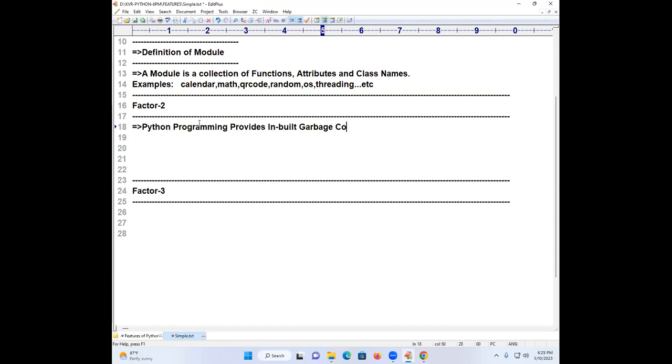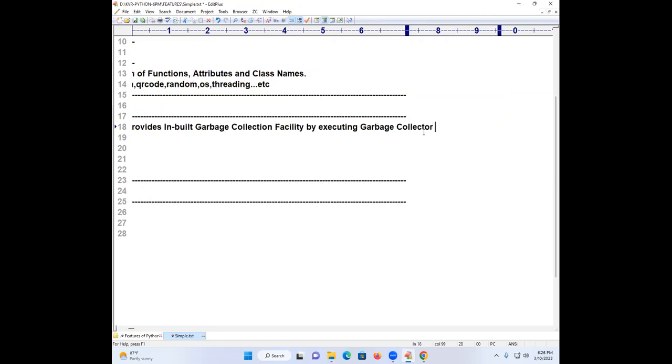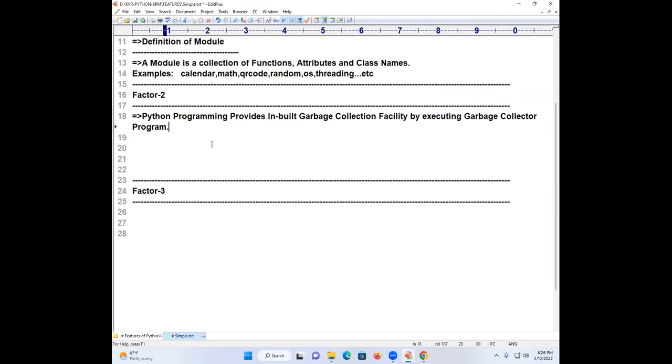What will this inbuilt garbage collection facility do? It is the most important. The garbage collector is one type of program. Because of executing the garbage collector program, what will happen?